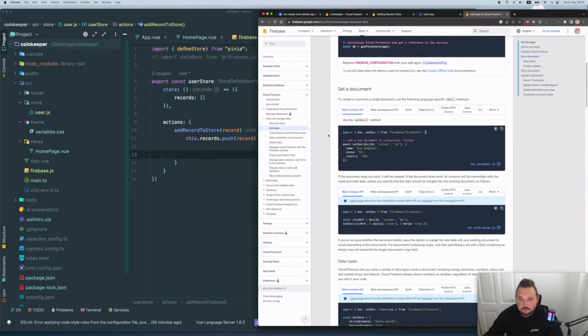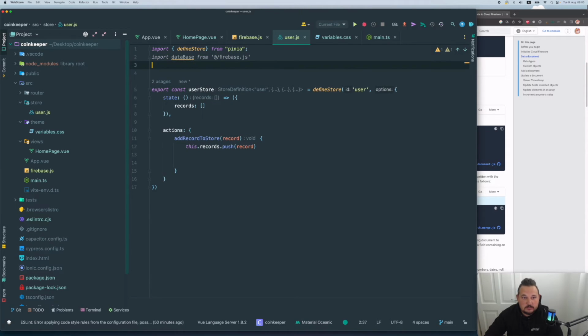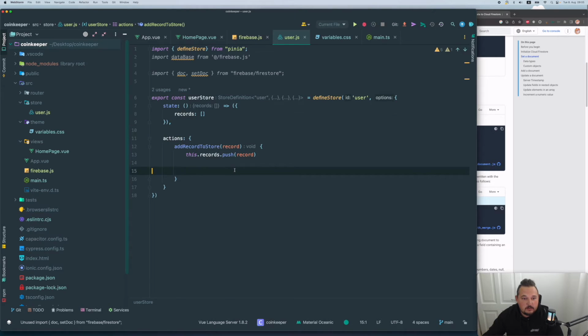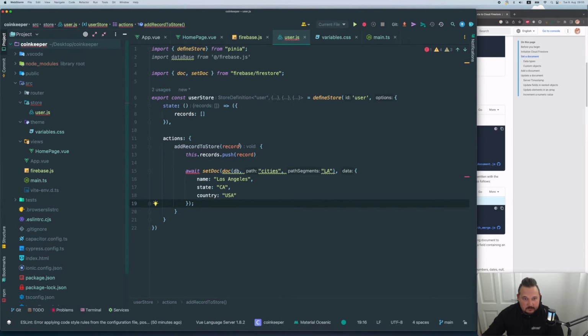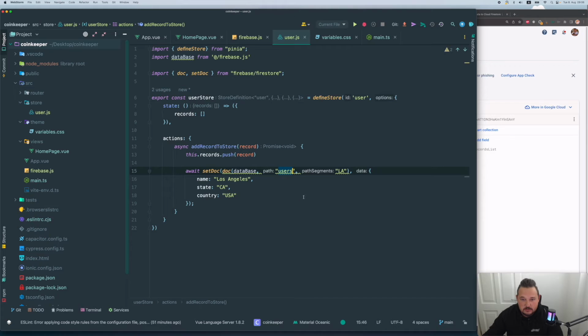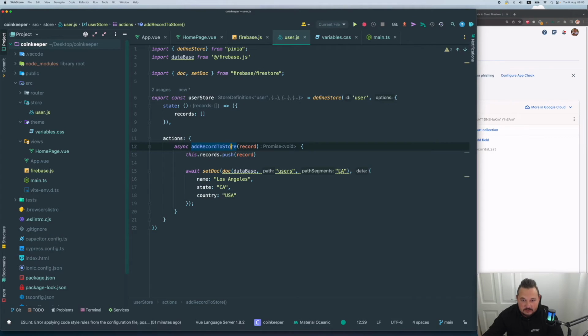So let's do the following. Let's import the, we need this and this, set doc and doc. And then let's just copy the entire thingy here. And let's make it async. DB, database. In that case, we need to replace DB to database. We need users. I think it was users. Yep. And users. And since we have only one user with a specific ID, let's manually